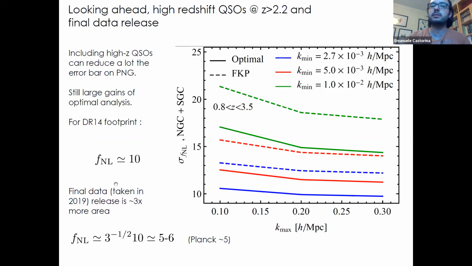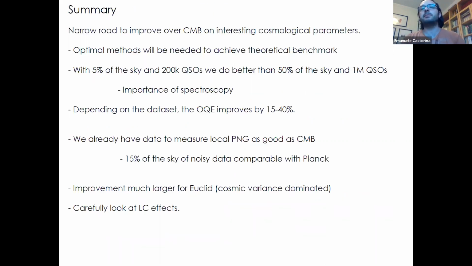Compared to this release that I was discussing with you, we also now have more area. It's more or less a factor of 3. So you can now rescale by the square root of this number. And what you will find is that eBOSS quasars alone, in principle, the full sample could yield constraints which are comparable with Planck. And this is spectacular because we know that Planck is basically, at least in temperature, a full-sky cosmic variance limited experiment. And we could, in principle, do as good as Planck with 50% of the sky of super noisy data. So this tells you the power of spectroscopic data and in general of galaxy surveys when we try to